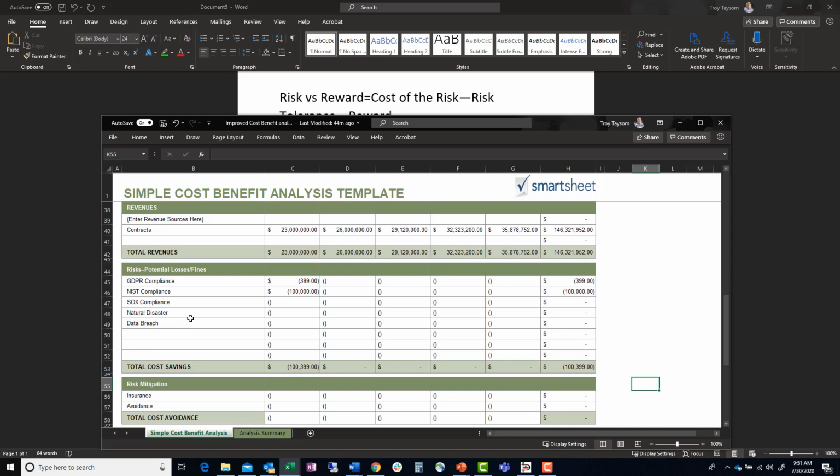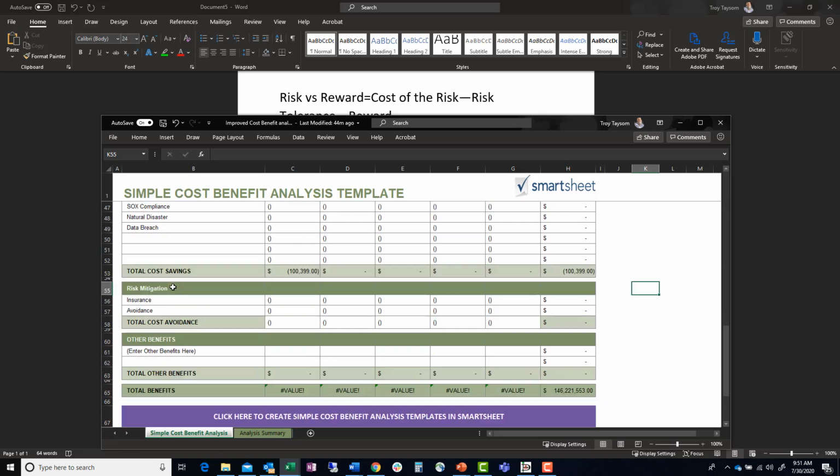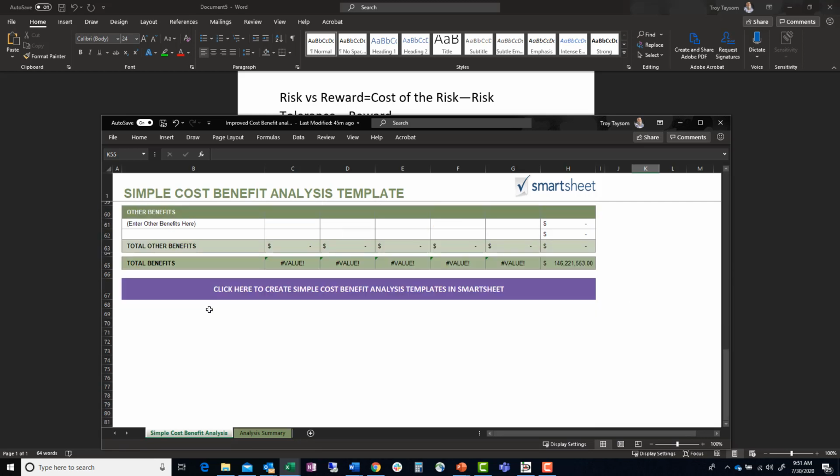Now, here are your risks: potential losses or fines, right? So these are compliance based. And this is something that you will learn about in 4700. We talk quite a bit about compliance. These are all different compliance standards, and there's even more. This was just quickly giving people ideas. Risk mitigation. That's what we're going to talk about next. Okay, and then